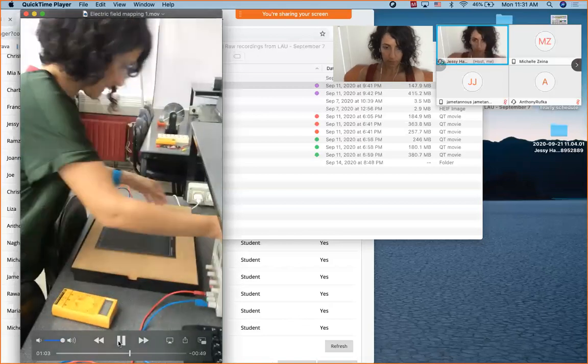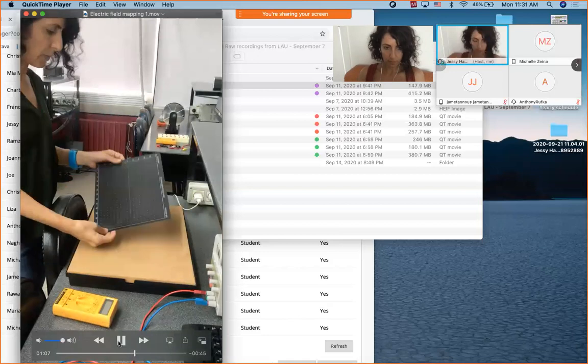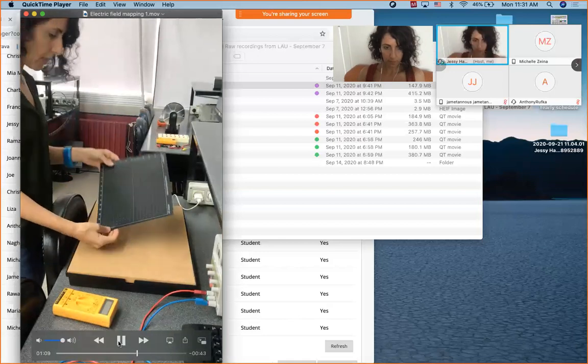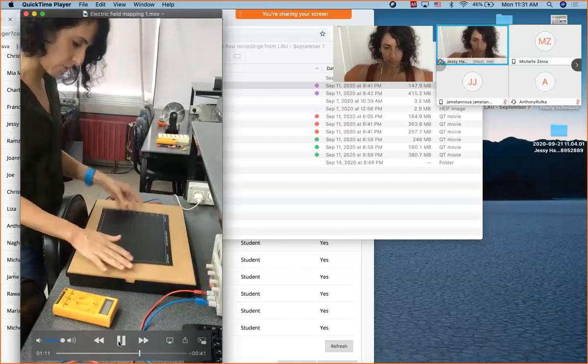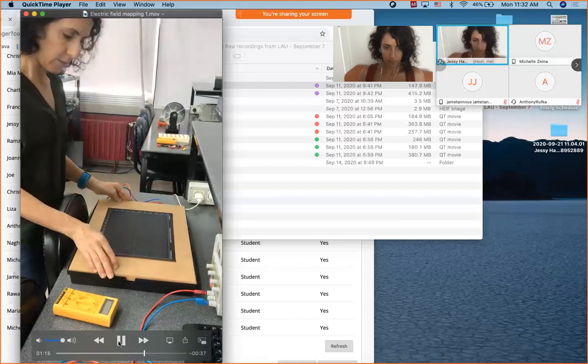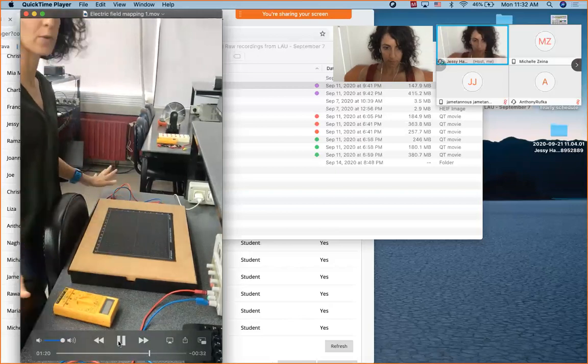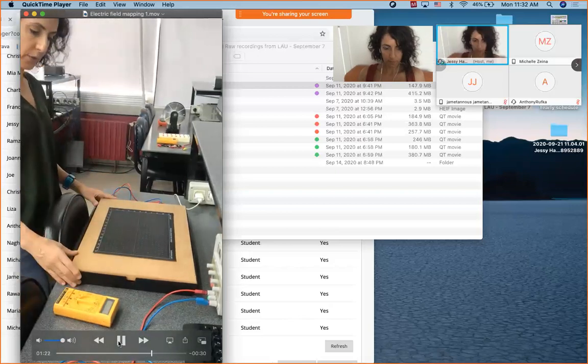What else? This is a board. It's a cork board on which I'll be using a conductive paper. This conductive paper is supposed to be brand new, so it shouldn't be poked anywhere, and this is the case. So I'm gonna take the conductive paper. So that was the equipment needed. Now the procedure.